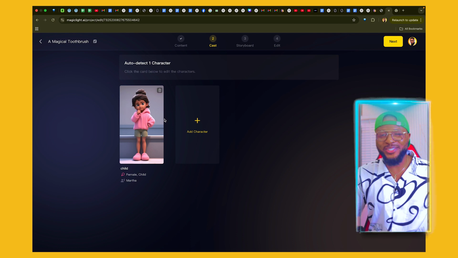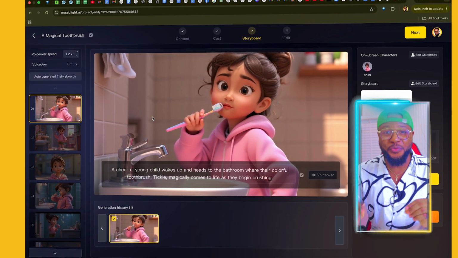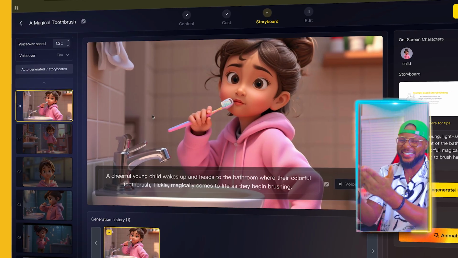So now that we have this sorted out, the next thing we're going to do is to click on next. A few moments later. And now you can see that it has generated the storyboard for us, and it's looking super amazing. Now, how cool is this? So now that we have this, the next thing we're going to do